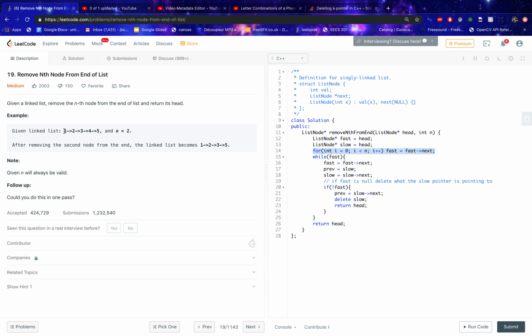Oh, okay. Imagine you want the 5th from the end, so then fast has to go 1, 2, 3, 4, 5, which would be null. And you want to delete this one, which is valid. Yeah, so if fast does equal null, then you could just return head next. Okay, I feel like... is that case covered? No, it's not. So, if